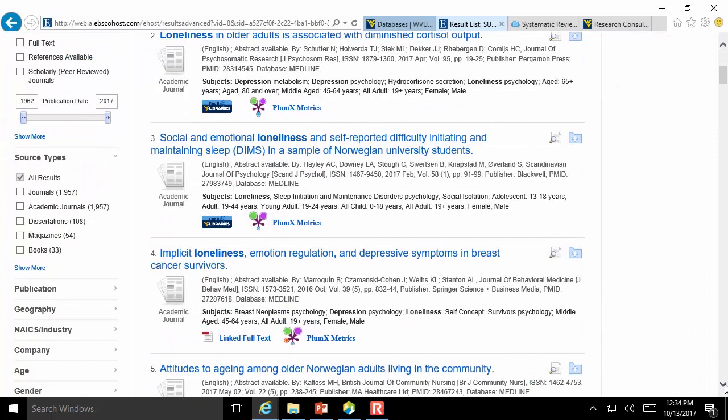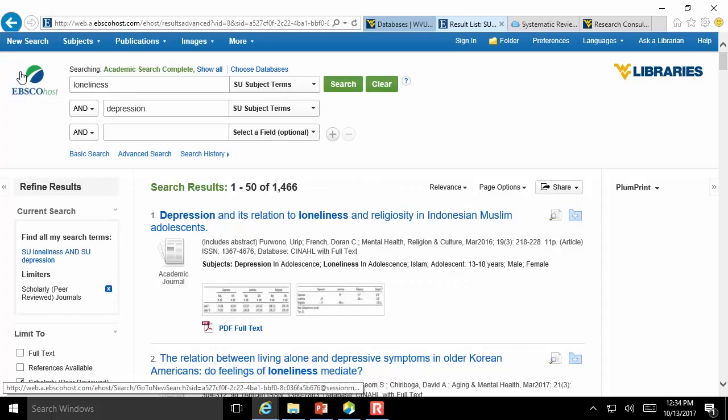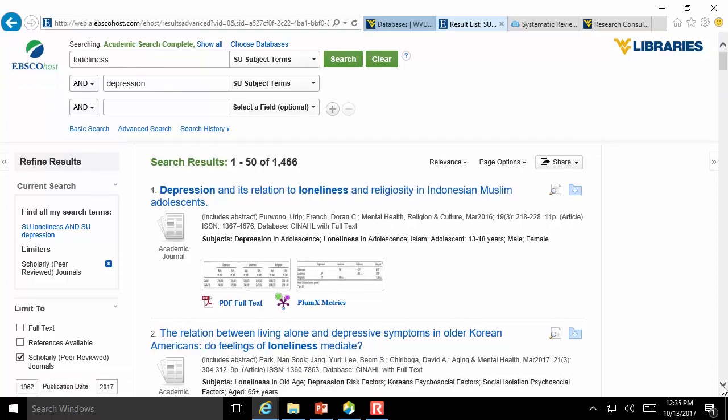I want to include. So this is where you can limit by population, if you see it over here on the side. So first of all, I do always pick scholarly peer-reviewed journals because that's what I'm interested in when I'm writing a systematic review. Remember we said sort of garbage in, garbage out? Okay, so you can see that took us down quite a bit, right, just by limiting to scholarly peer-reviewed. Then I will go down and I will say, okay,